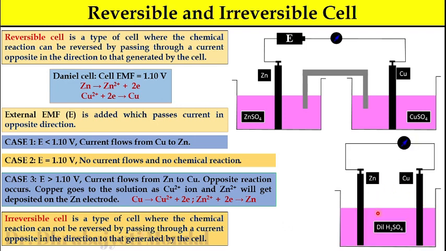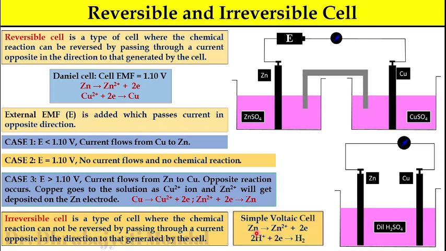Here it is the simple voltaic cell. So here it is the anode, here is the zinc electrode, here is the cathode, copper electrode, and this is the electrolyte. And you also know what the cell reaction is. So Zn converts to Zn2+ plus 2 electrons, and 2H+ converts to hydrogen gas. So actually hydrogen gas is evolved from that electrode. So it is very difficult to again convert the hydrogen gas into H+. That's why this cell is an irreversible cell. So these are the characteristics of reversible cell and irreversible cell and their definitions.